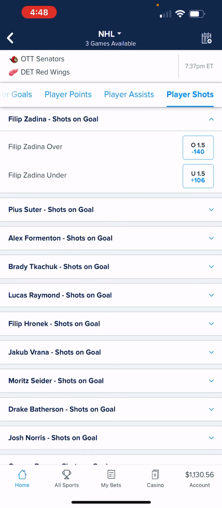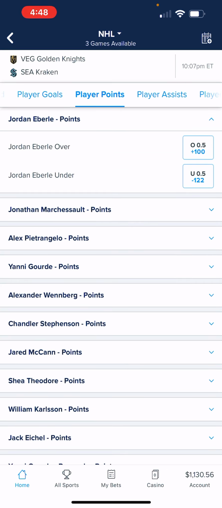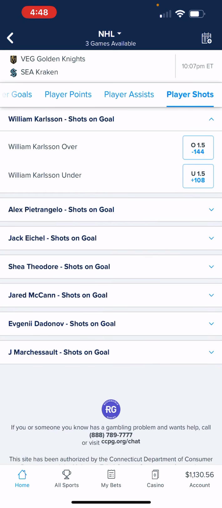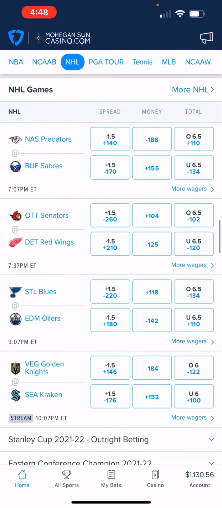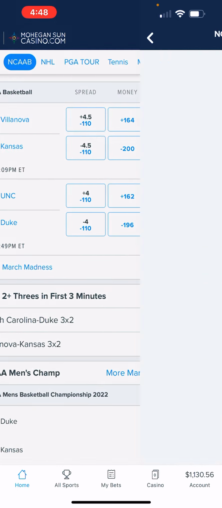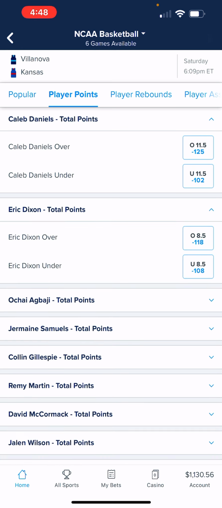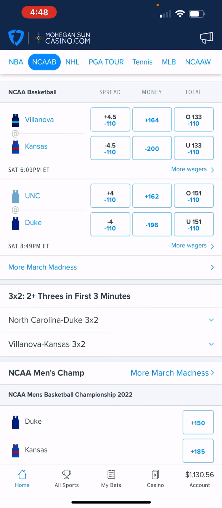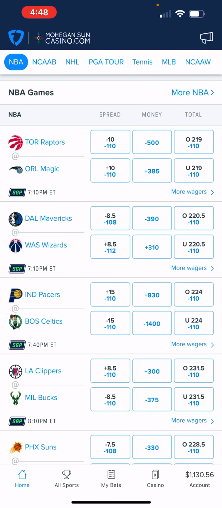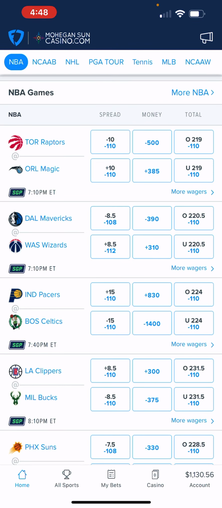But most of the time for hockey, you can always find some same game parlays when it comes to player points, shots, things like that. I think they're still updating the system right now. But again, you can definitely pick a lot of same game parlays on different leagues and different sports. I just chose NBA right now because that's pretty much the only major sport that is in the regular season. NHL is as well, but again, a lot of these teams already played. And I've been focusing more on NBA because I've been doing so well.